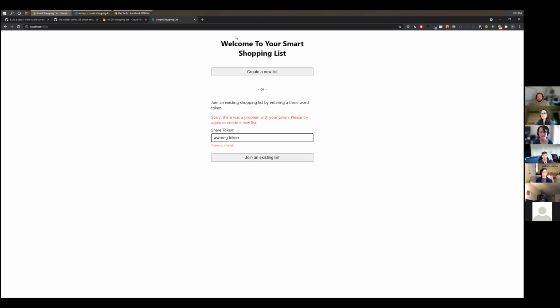which I found worked better than a live region, because it does seem to get read at the very beginning, immediately, more than a live region does. I tried in a few different screen readers. And here, this token is invalid. If I were to click away, Smart shopping list, and then come back,